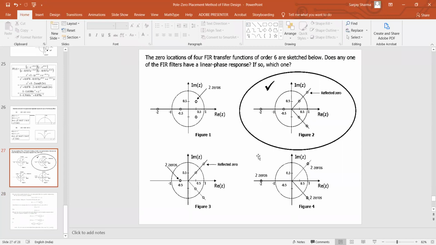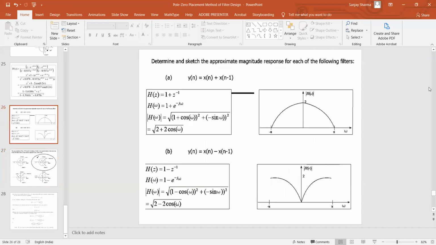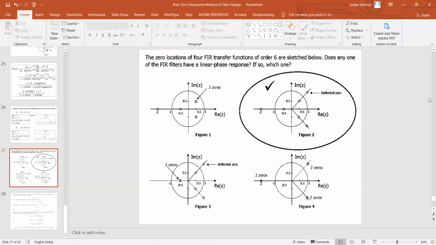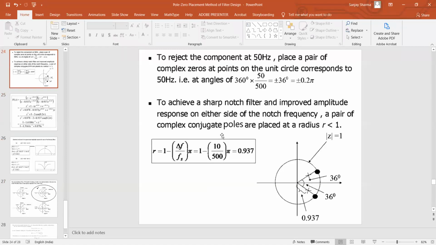the point is very clear, how you can determine what systems will give you linear phase or not. The important thing to remember is that zeros outside the unit circle will not lead to any instability of the system. Rather, it will affect the phase part of the system. Magnitude will remain the same. But as far as the poles are concerned, the poles cannot go outside the unit circle. But this is also very important.